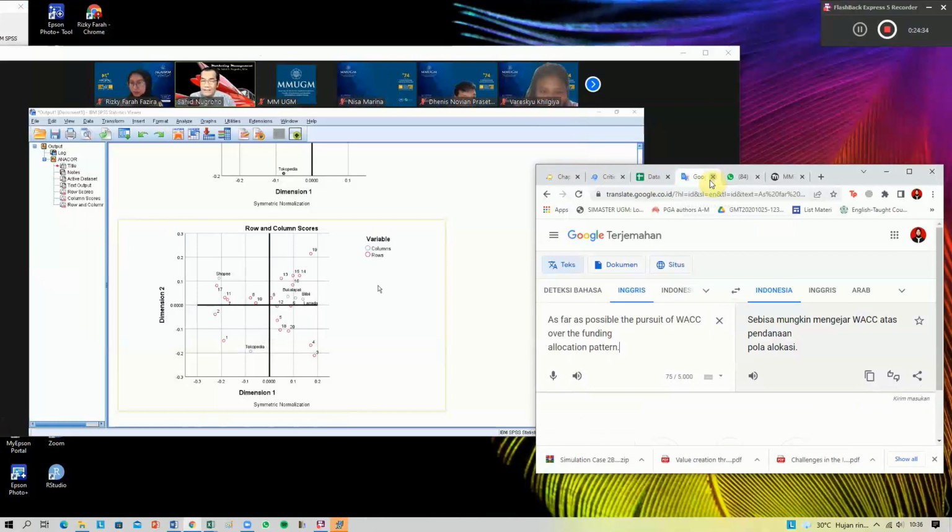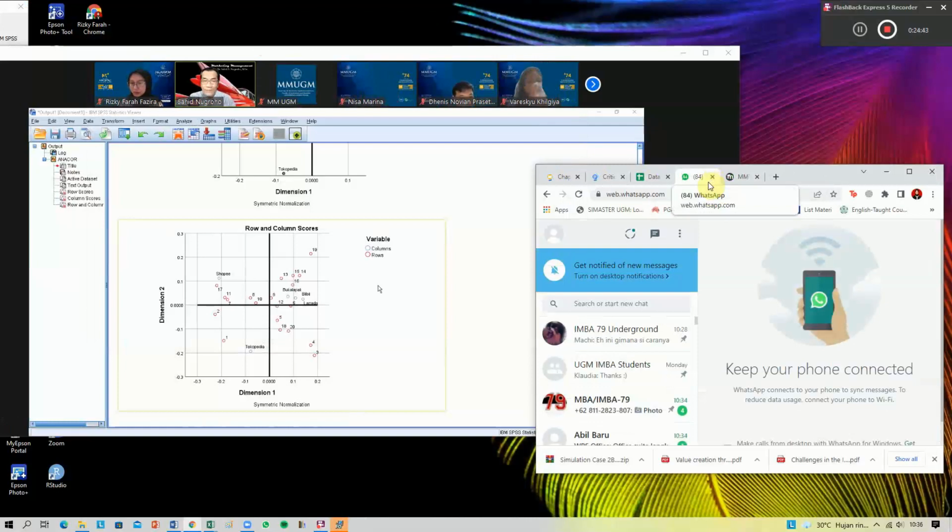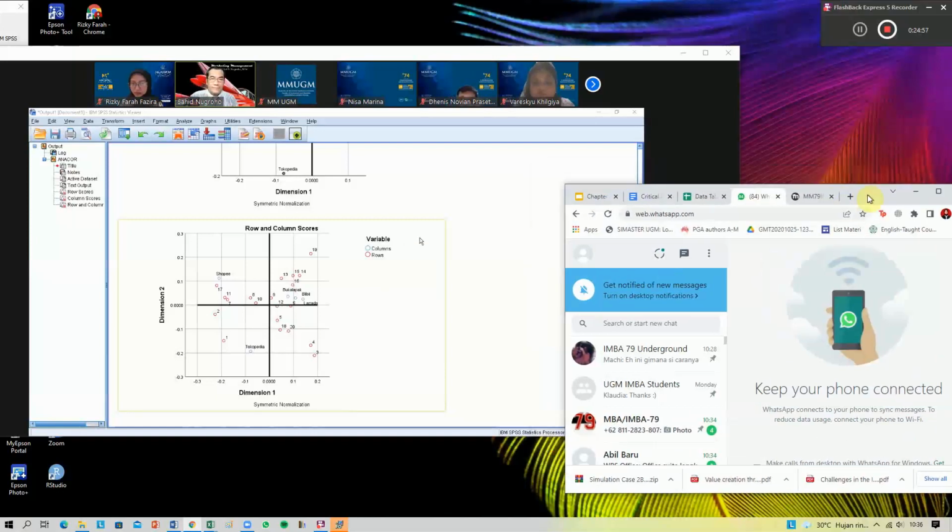Tokopedia can be linked to attribute number 1, and the 3 brands in trouble, Lazada, Bukalapak, and Blibli, can be linked to attribute numbers 6, 9, 12, 13, 14, 15, and 16. Okay, that's all for the Anacore. Any questions? No? Okay.